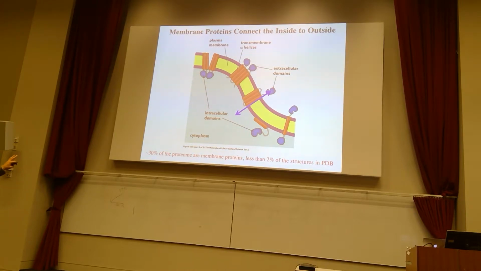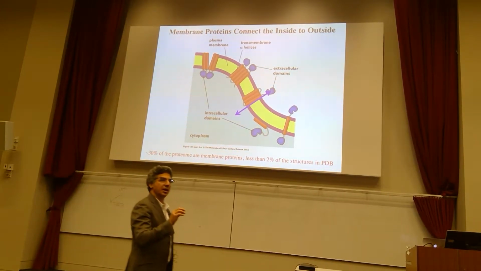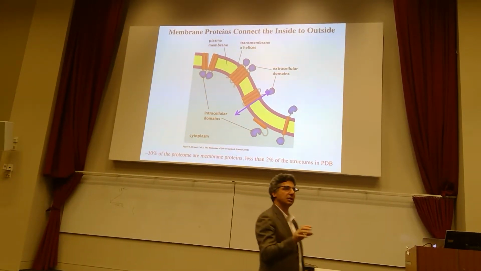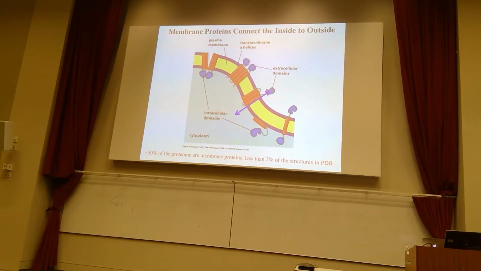So you'll see that these proteins can sit in the membrane. We'll take a look at different types of membrane proteins. Some of them are embedded in the membrane. Some of them are just associated with the surface. But we'll see how they can form channels that can be opened and closed, and how they can be specifically associated to allow the passage of particular ions or molecules from one side of the membrane to the